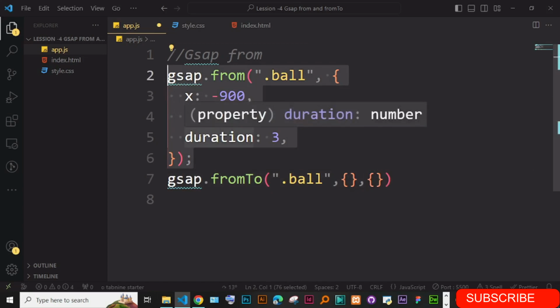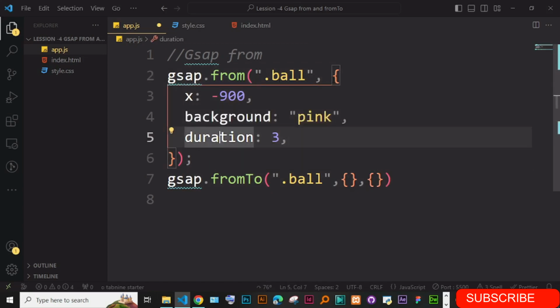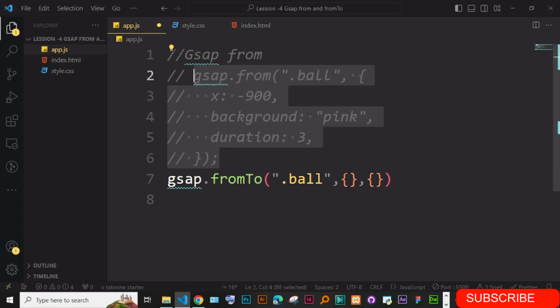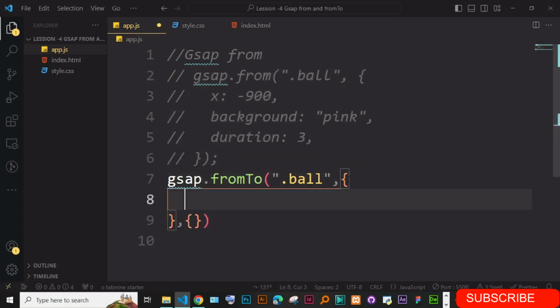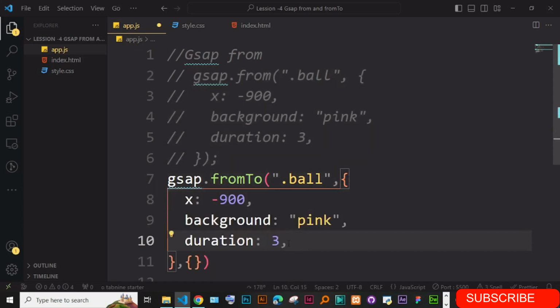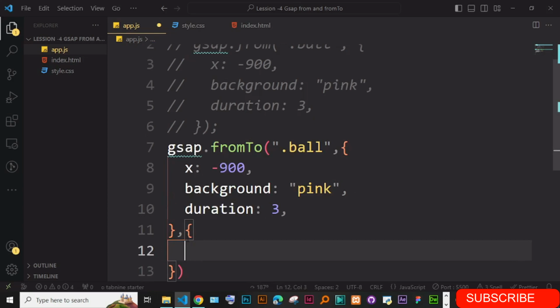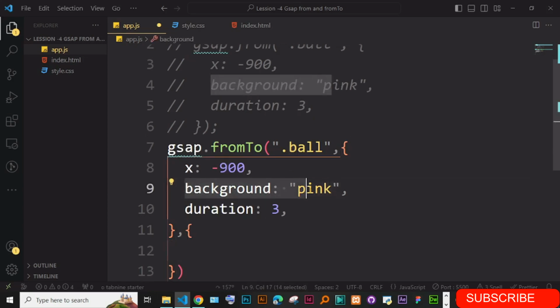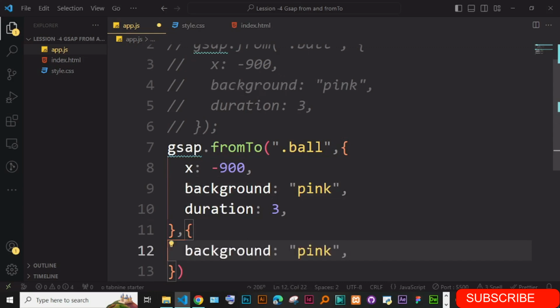Let me go ahead and copy whatever you have into this one. I'm just going to comment out this. What we have here is the from. This one is the start or the initial state, and whatever you define here becomes the final state. So for instance, if I say background red,